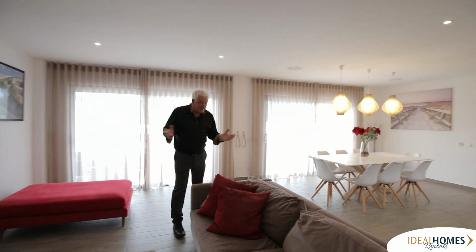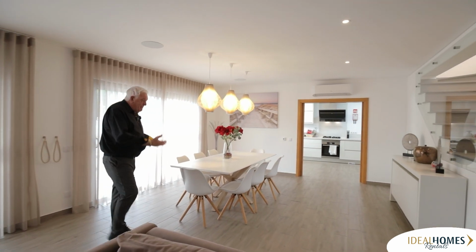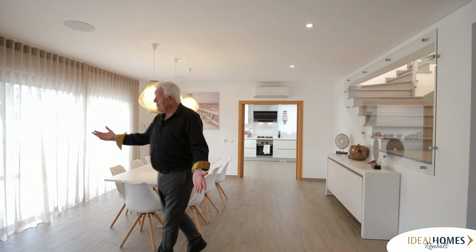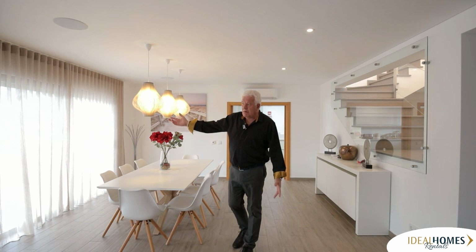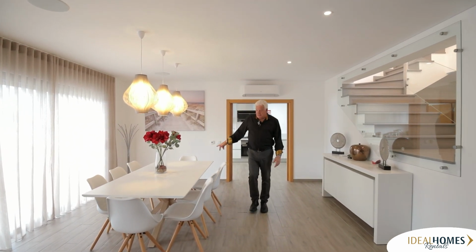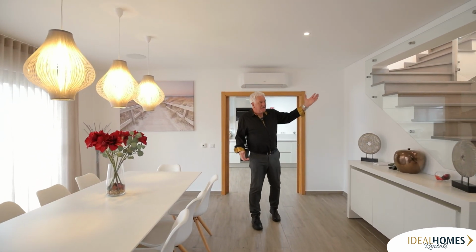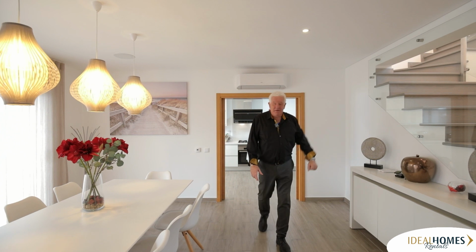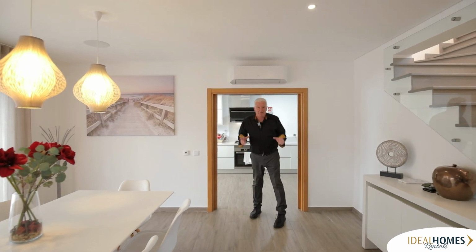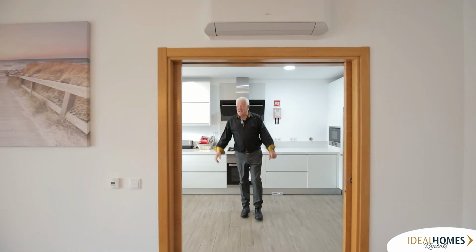And if you want to rent this show house, Ideal Homes Portugal. It's got ample room everywhere. You've got beautiful views of the pool and the gardens. Large dining table, 6, 7, 8 people there. Lovely. They're just little features, the staircase going up. It's great. And then if you like cooking when you're on holiday, you're going to love this kitchen. It is